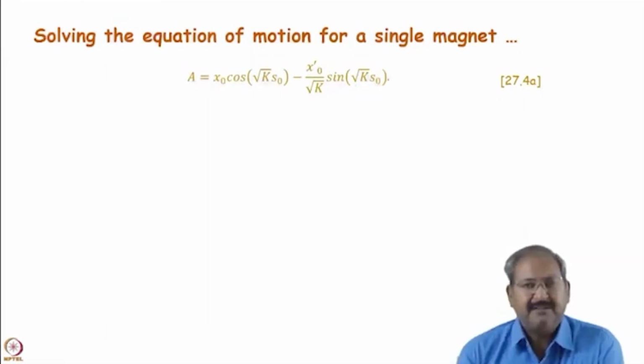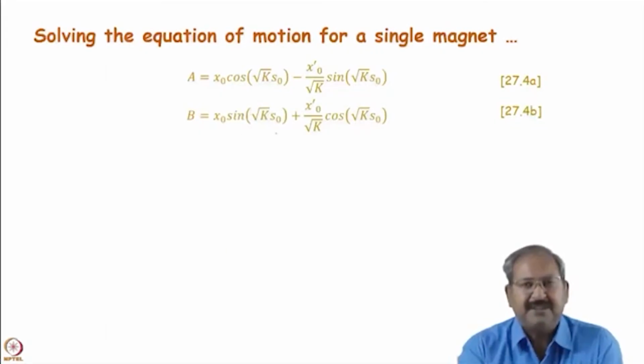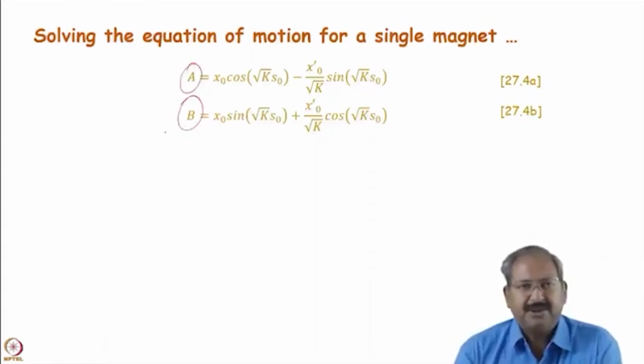And similarly we will get the b, and b is equal to x0 sine root ks0 plus x0 prime over root k cos root ks. So now we have a and b as a function of initial condition. So if we put these a and b values in our solution, we will get the particular solution of that